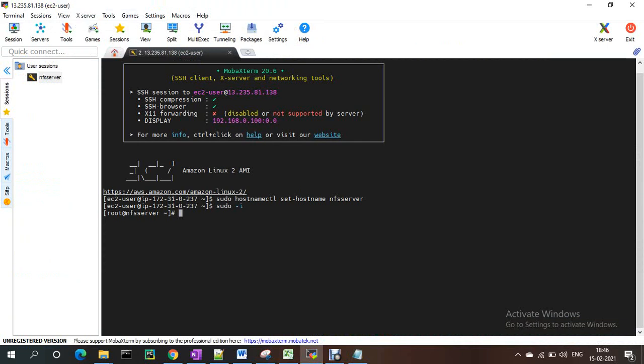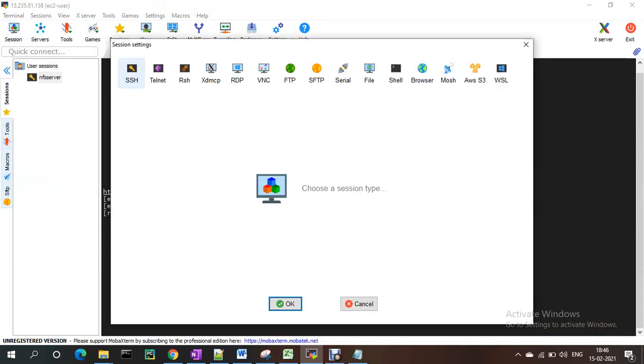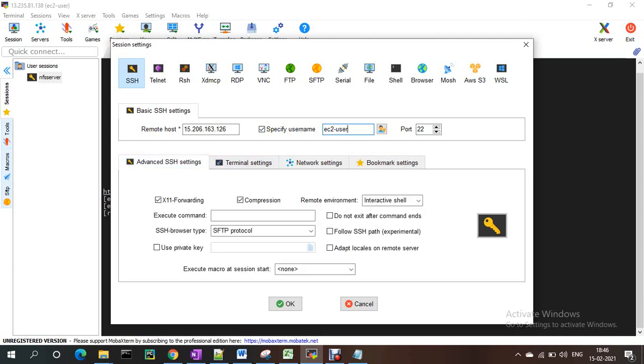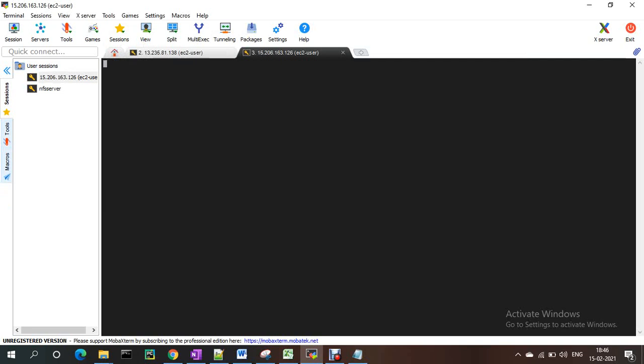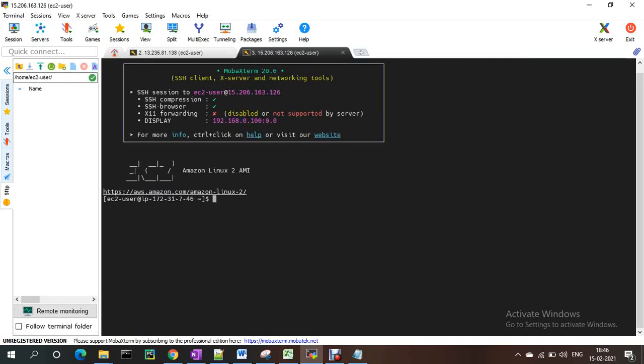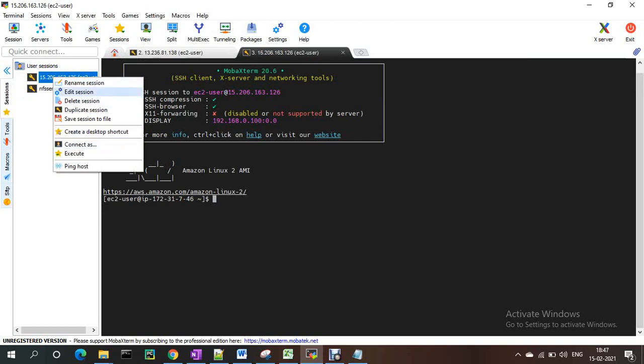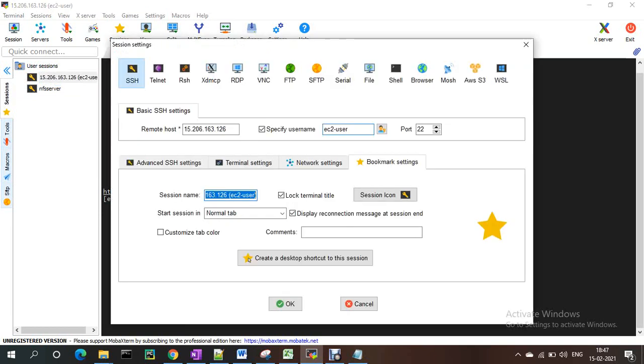I'm going to MobaXterm; you can use anything like PuTTY or Git Bash to connect. Same ec2-user with the PEM file, and this one I named NFS client.